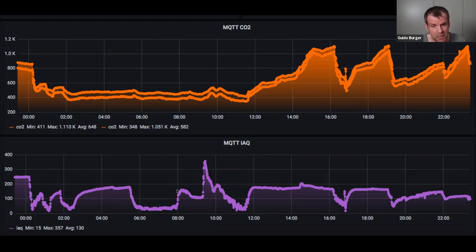And we see at 8 o'clock, there's already some action happening. So probably I woke up at 8 o'clock and maybe I went to the bathroom here and so on. So you see, we are looking at something totally different. So when we want to monitor the CO2 emitted by a human body, we really need to have this optical